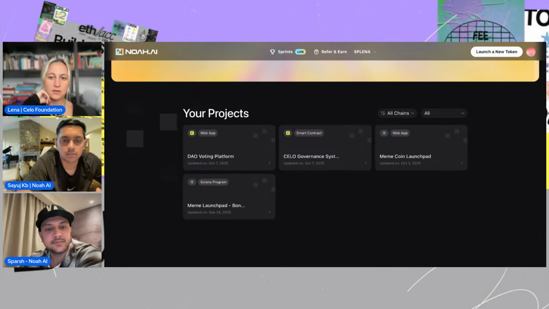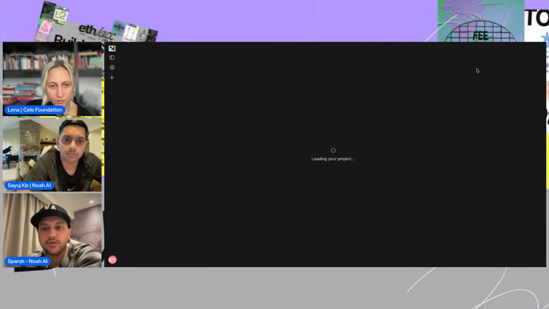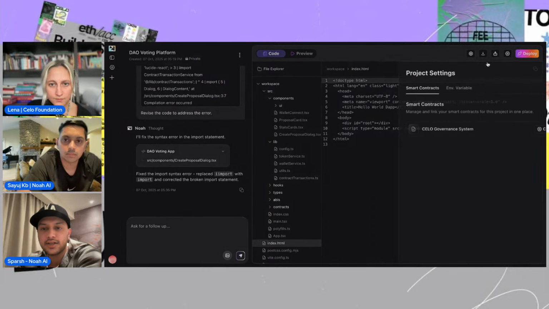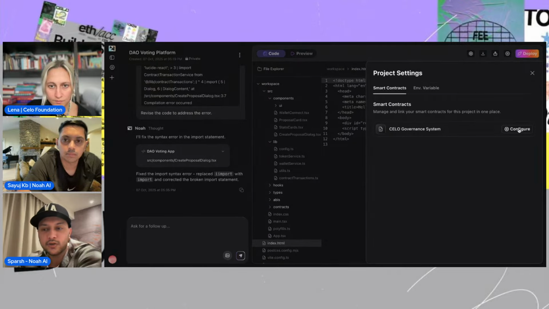Yeah, so what you can do is build the front end first, then you can build a smart contract. Once you've deployed the smart contract, Noah will store the addresses for the smart contract, and then like I showed you, once you go to the web app, right? We have added this button, the settings button. You just need to go to contract integration. You'll see the deployed smart contract here,